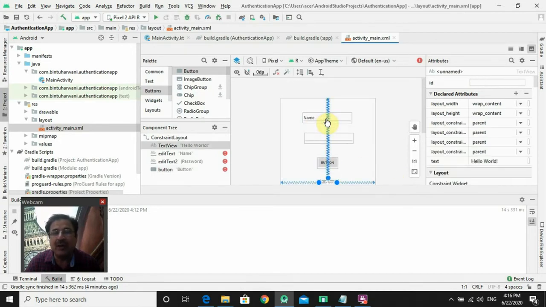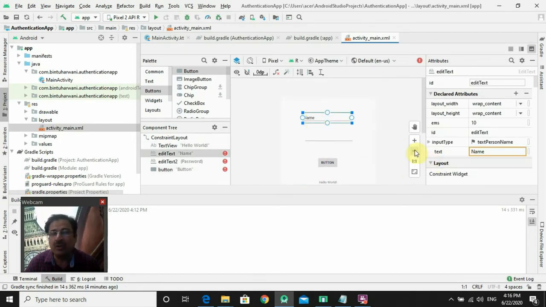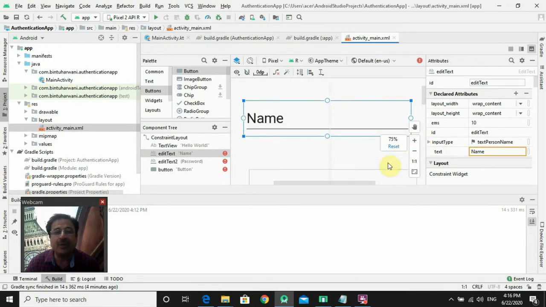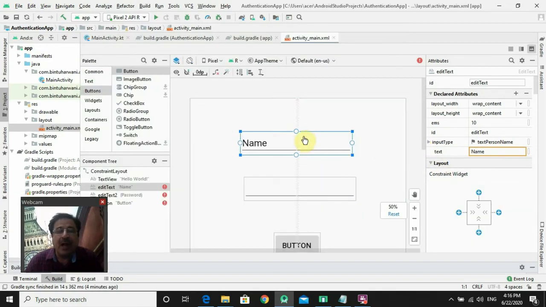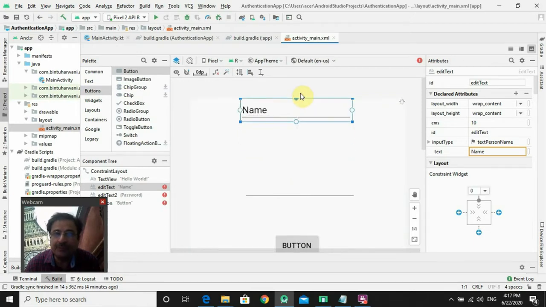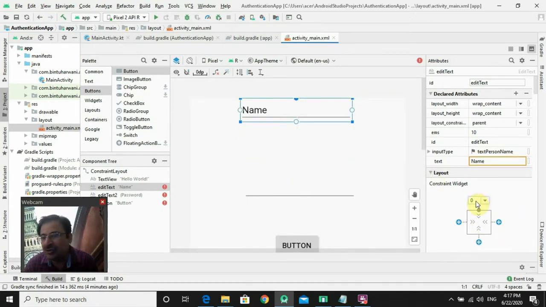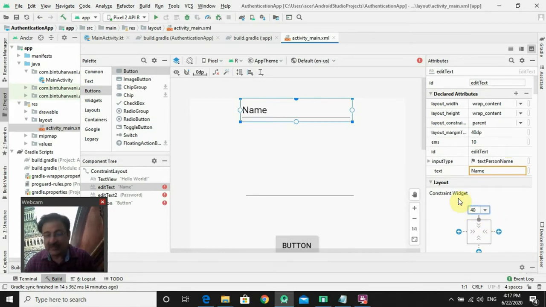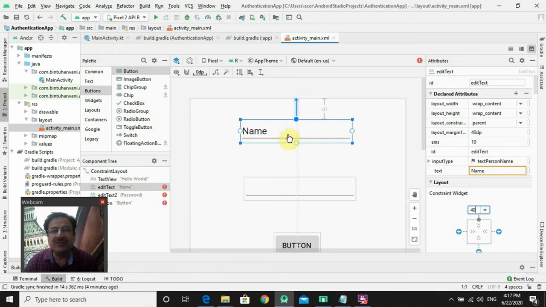So I'll click this edit text control. I hope you can see that. Okay. And I need to set the constraints of this edit text control. So I click this node and drag it to the top border of the layout screen. And here, these are my constraint widgets. The distance from the top border of the layout, I want 40 sp. See, can you see the distance created? And to make it center aligned,